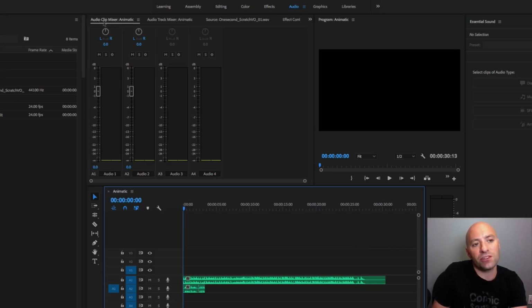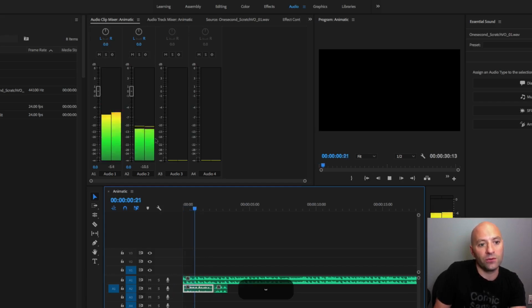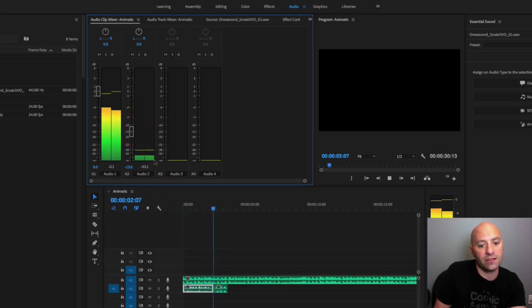And specifically, there's 2 mixers in Premiere. There's a clip mixer that will adjust the volume of an individual clip. So if I hit play and I say, okay, track 2. So this fader right here, this is for track 1. This is for track 2. Is a precious commodity. People fight for it. So if I took the track 2 fader and knocked it down like this,